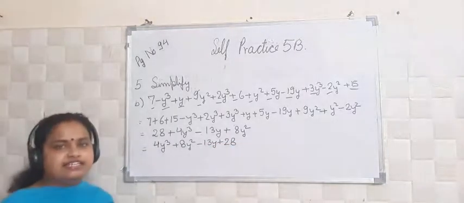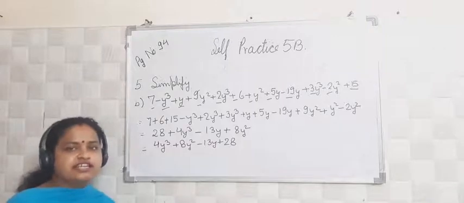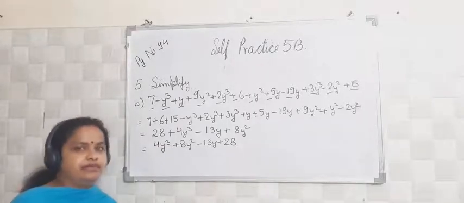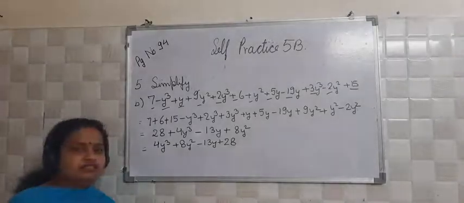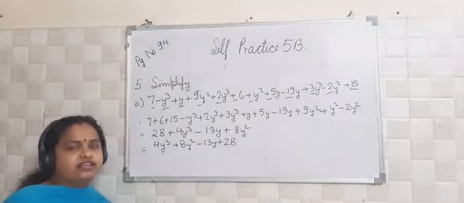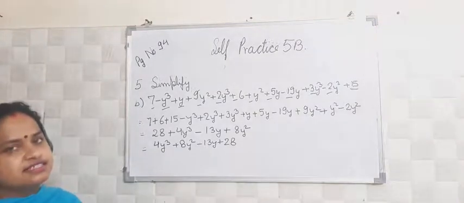You have already studied how to write an equation in standard form. So how to write it? It should be in the decreasing power of the variable. Now, any confusion here? Okay. Now let's move to the C part of it.